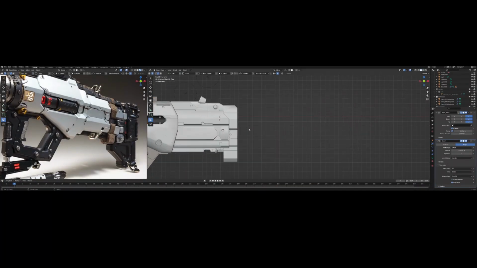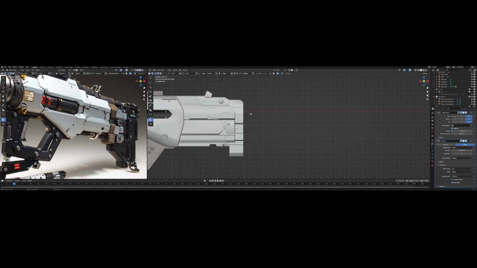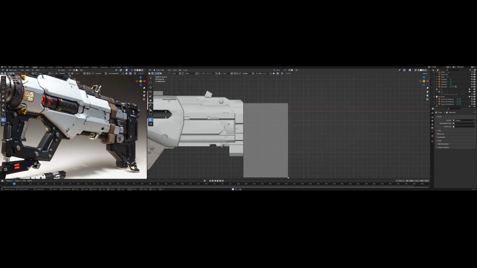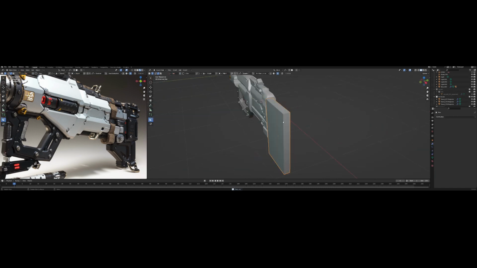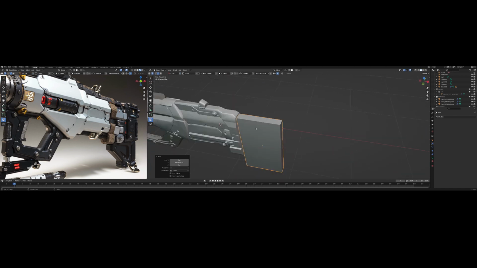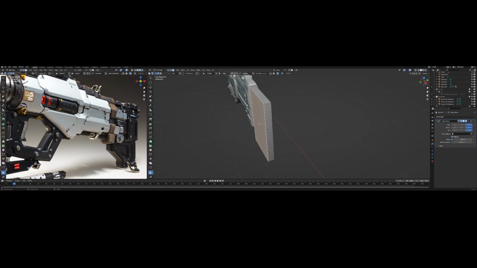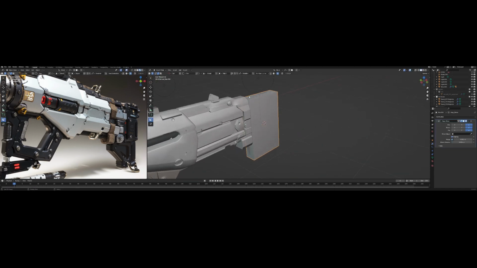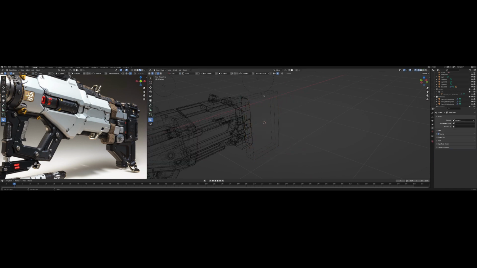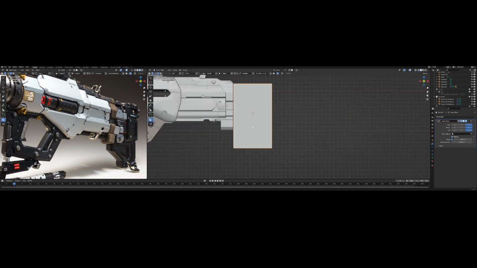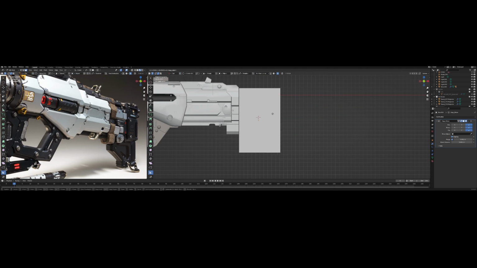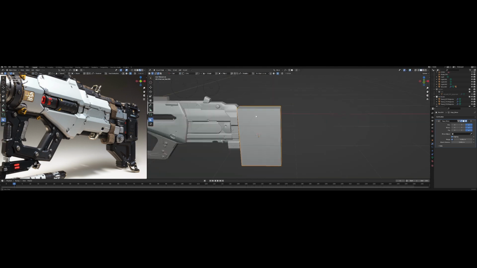Okay, so the next part is still the rest of those, which may seem to be the complicated parts of that sci-fi gun. Before we start, I just want to say that if you just drag a box using the box cutter without selecting any parts, it will automatically create a box, and then we just move to the edit mode and